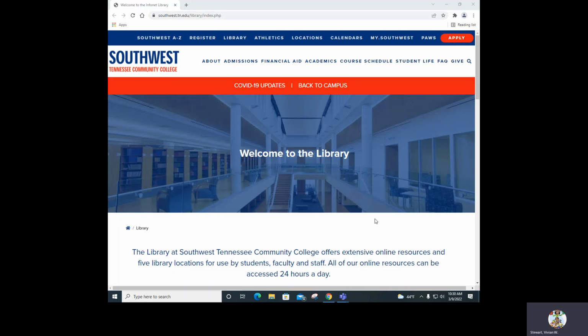So when it comes to a book, I may think to myself, well, is this information that may be in a reference book that I could use? Or do I want to deal with ebooks and not print books? When it comes to articles, do I want to get newspapers? Do I want scholarly journals? Do I want general interest type magazines? Do I want to try to find streaming media items? Do I want any graphics? Do I want to use the internet? Those are the type of things that I think about.